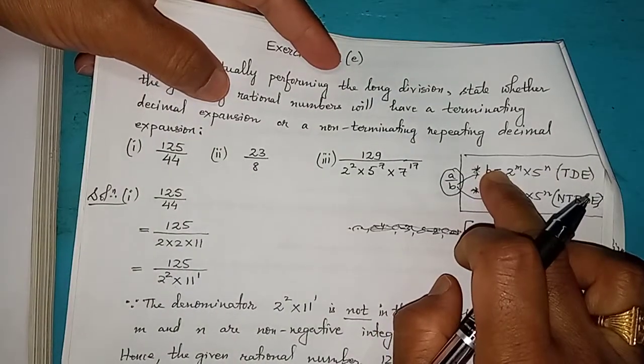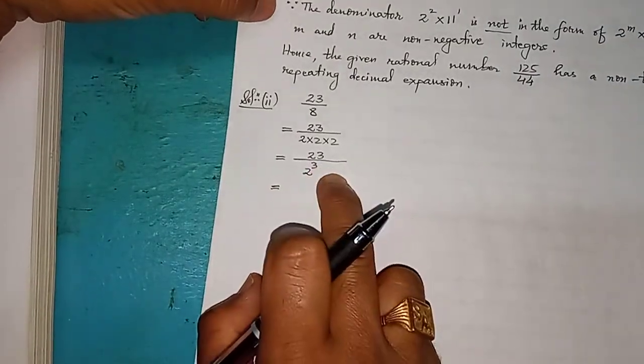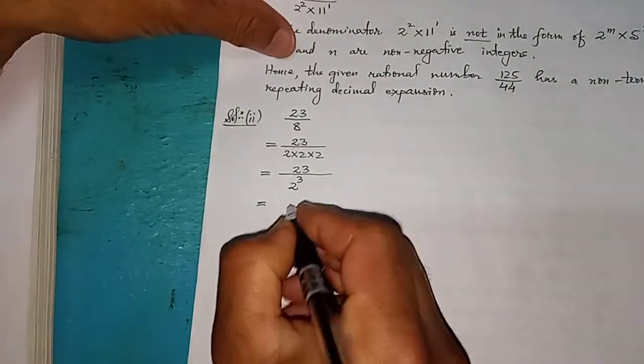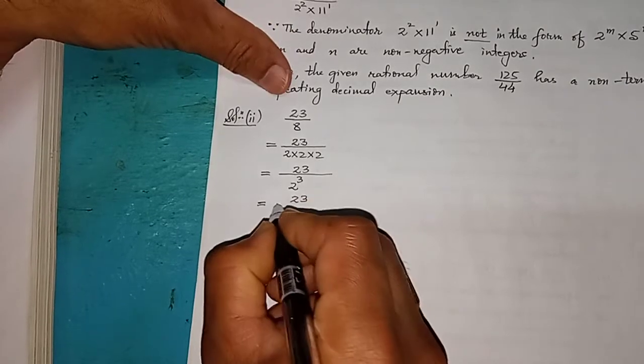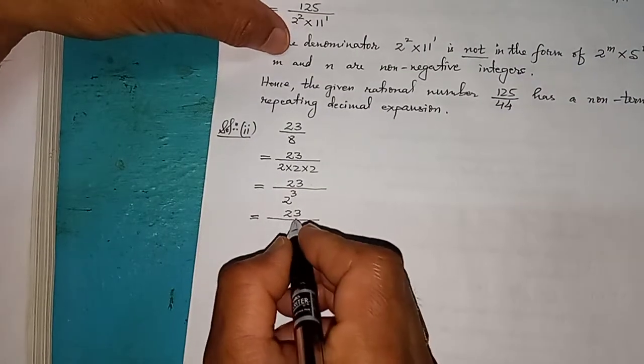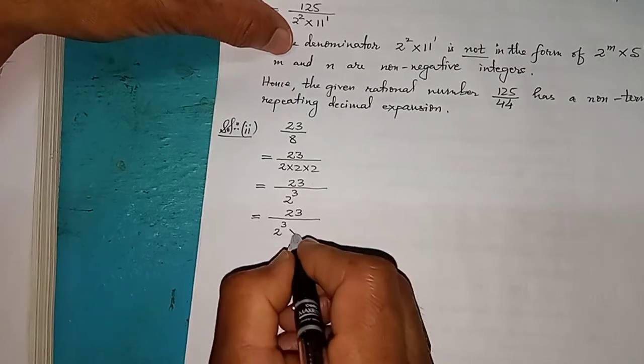Okay, clear? So do not be in a hurry to conclude directly whether I have terminating or non-terminating. Having only 2 and no 5 doesn't mean that it will be non-terminating. So what I'll do is try to change this into that form. So, this 2 cubed, 2 to the power 3, we multiply from here